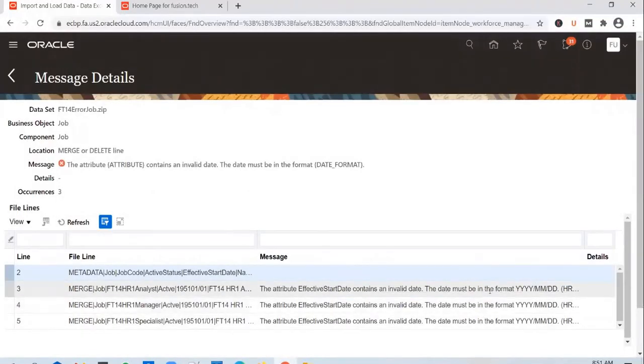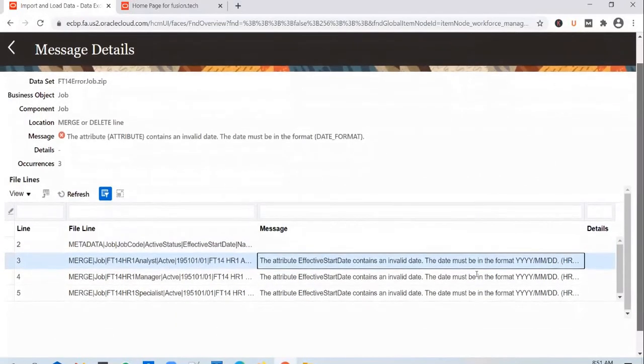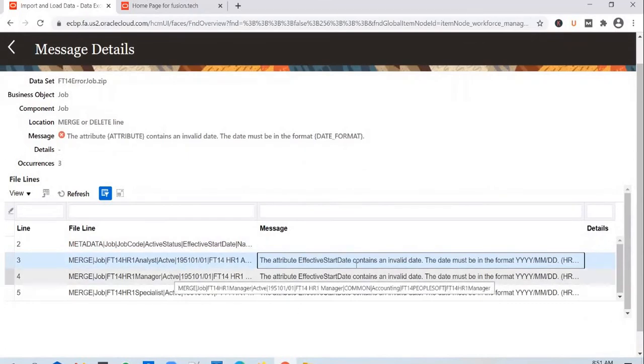So this is how you do it. When you run into the issue for the first time, you know what date format you need to pass in, and you will stick to it later on. So you see that the date format is invalid here. But apart from the date format, there is also a problem with the active status. But the date format gets validated at the loader stage itself.